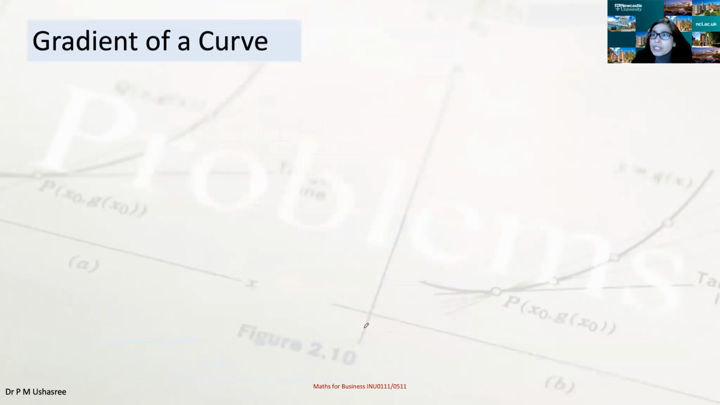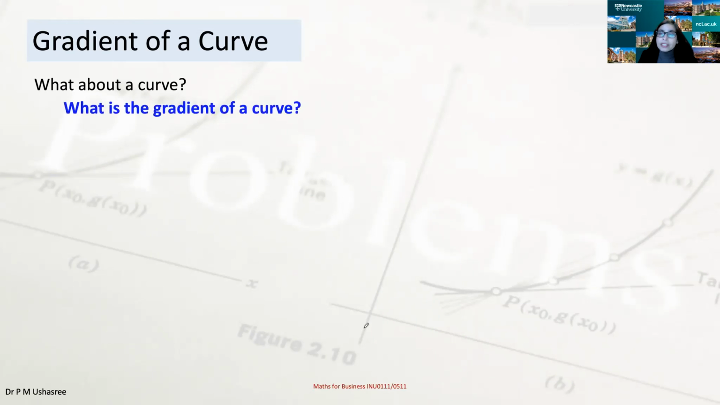Okay, what about a curve? What is the gradient of a curve? That's what we're going to see today. Yeah, what is the gradient of a curve? Is the gradient of the curve constant? For example, if you have a curve,